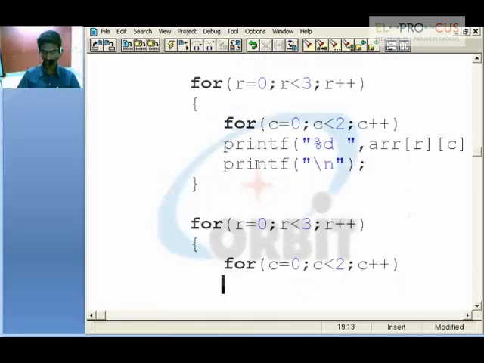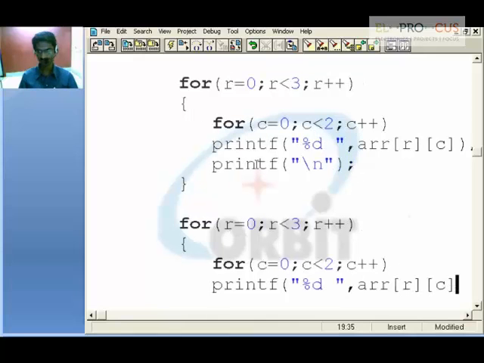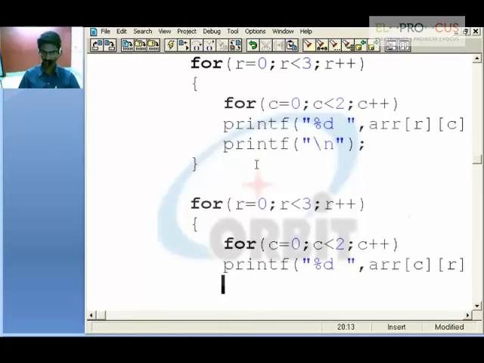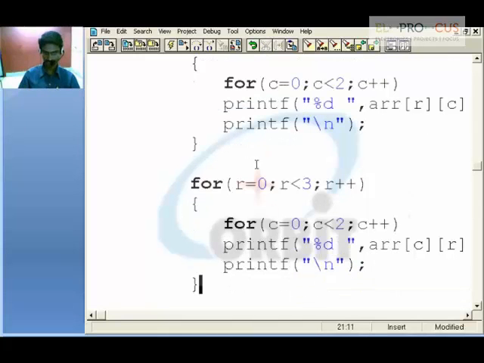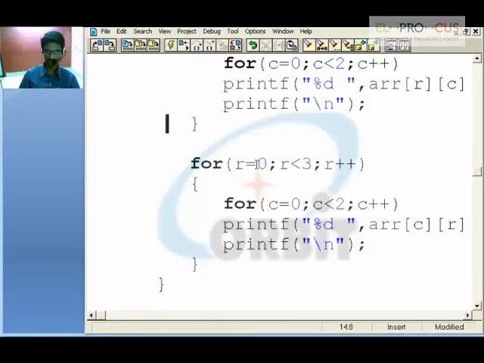Now while printing, instead of saying array of row and column, this time I'll interchange them. Here it's row and here it's column, and see what happens this time. Printf a new line character at the end of main, and here we'll say one more new line character.